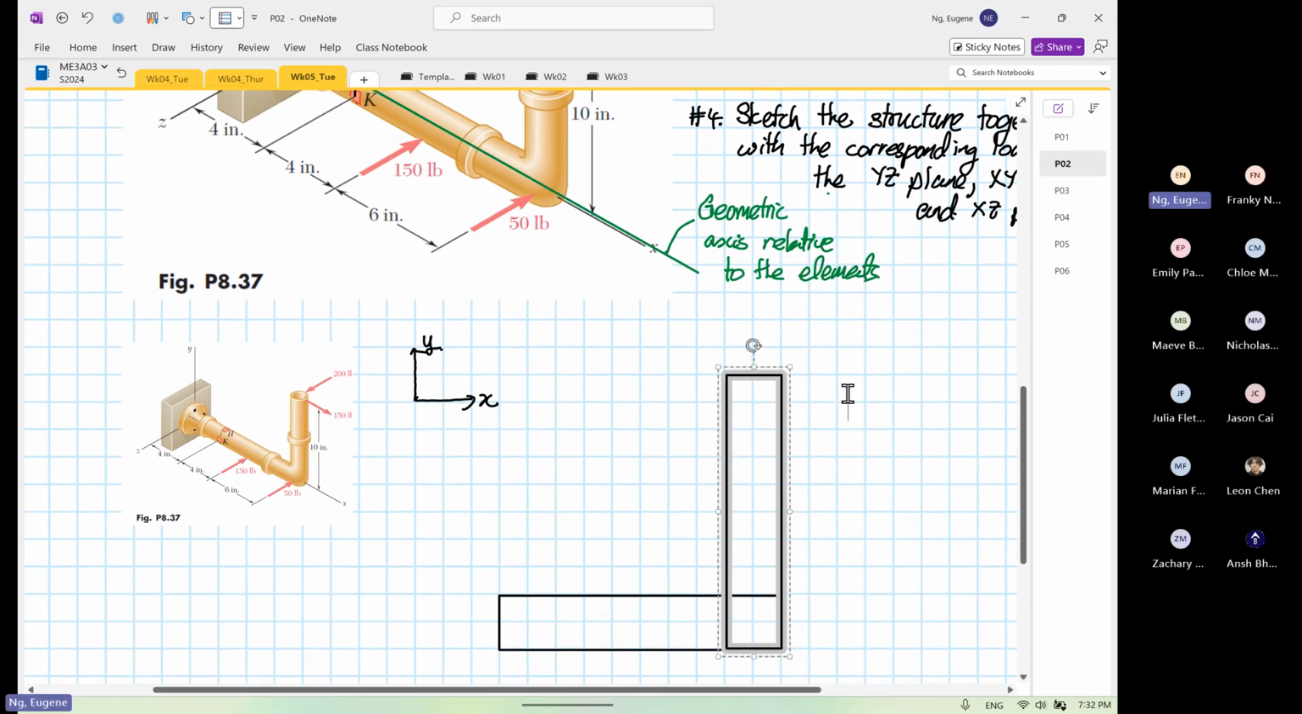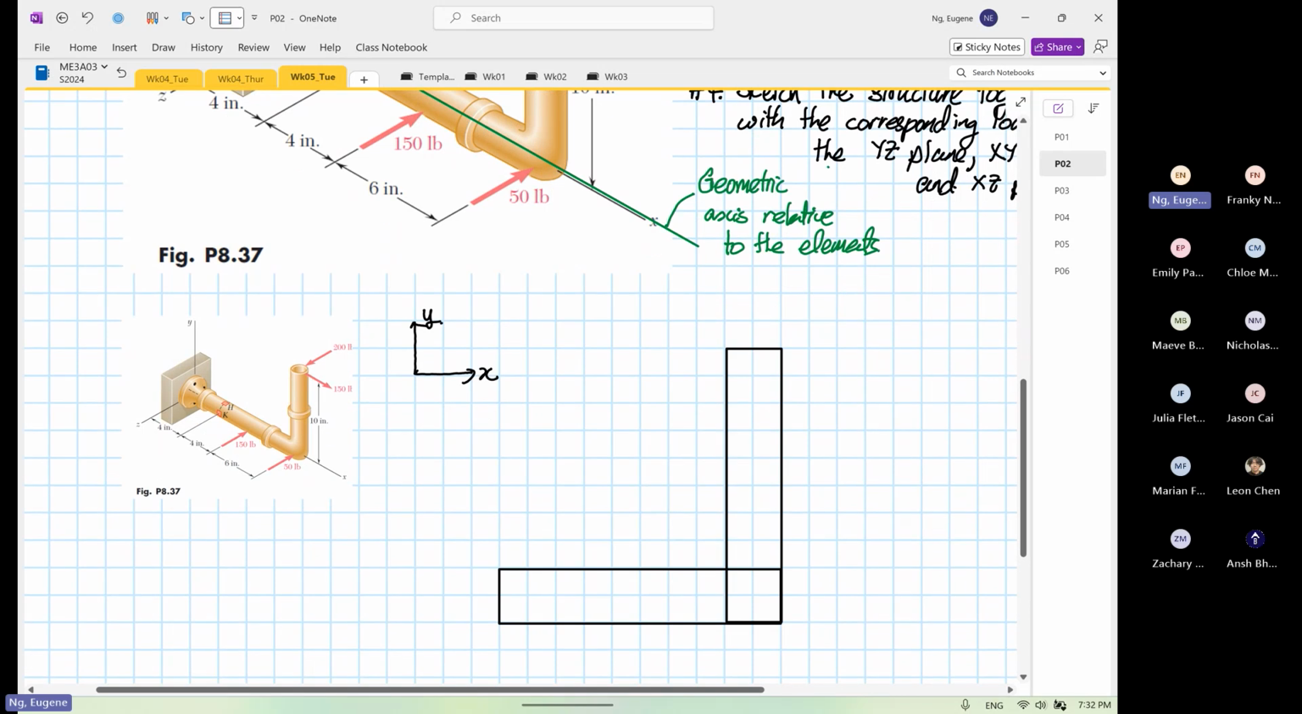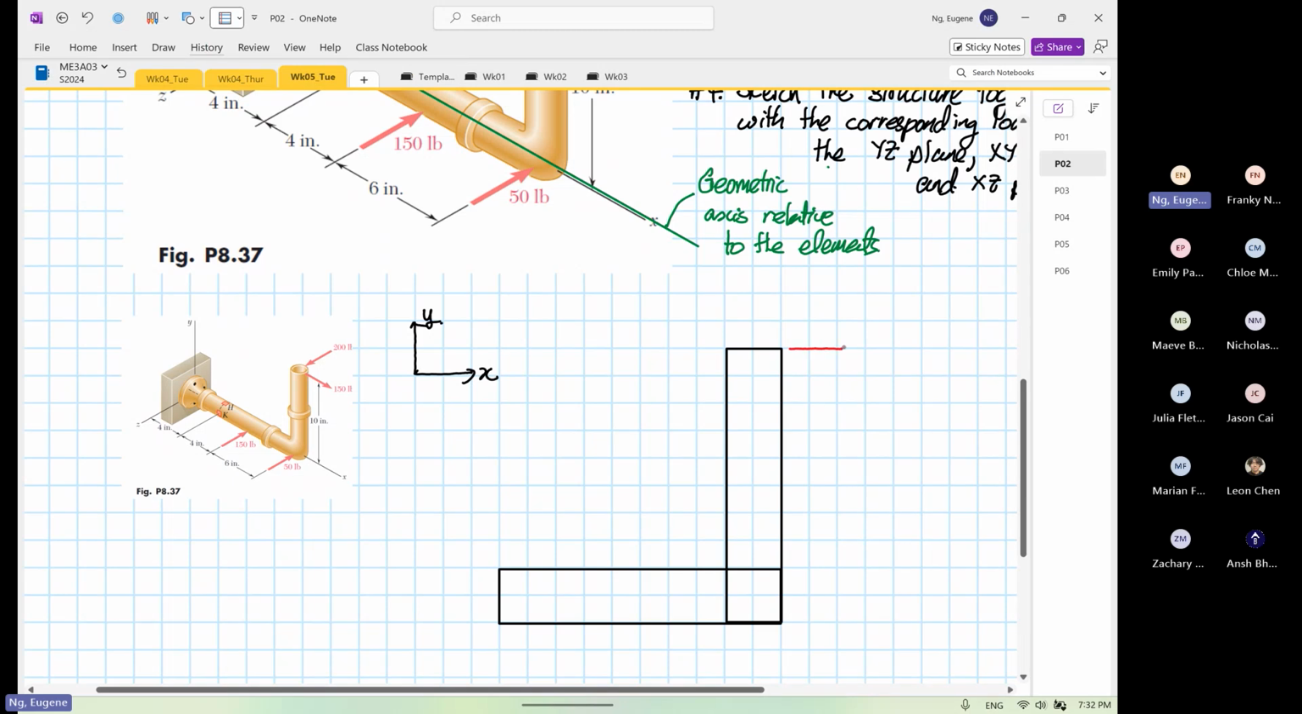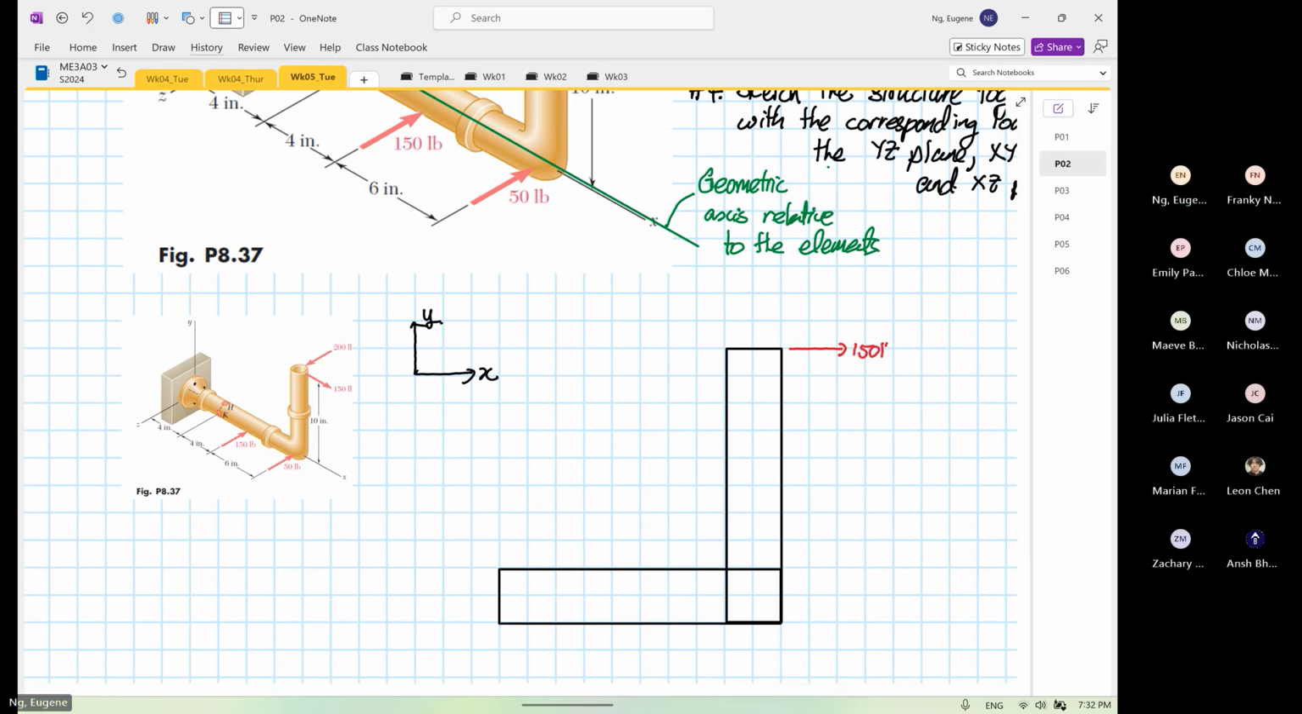Right, from this view, after that you put in your forces. You sketch your forces. I have a force over here going at 150 pounds. I have a force coming in this direction at 200 pounds. I have a load over here pushing at 50 pounds. And then I have another